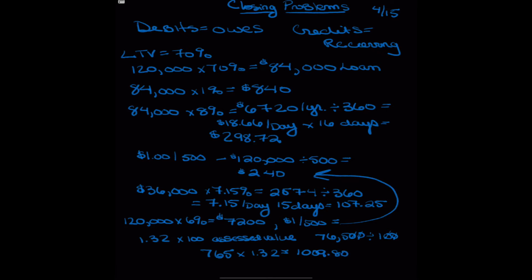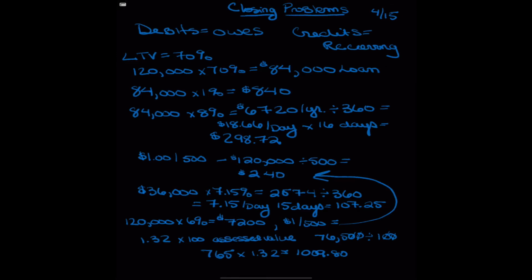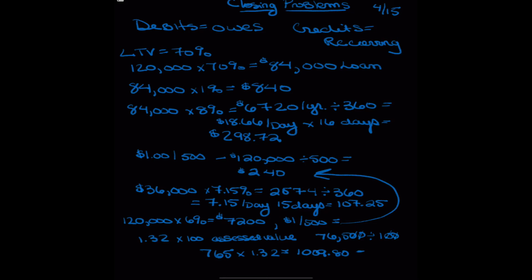$1,009.80. This $1,009.80 would be what you owe for the entire year. We're not collecting for a year. We're just going through and we're collecting for a portion of this year. We're collecting what the seller would owe to the buyer because the buyer is the one who's going to be responsible for paying this tax bill at the end of the year. So we'll take this $1,009, divide it by 360 to go ahead and get